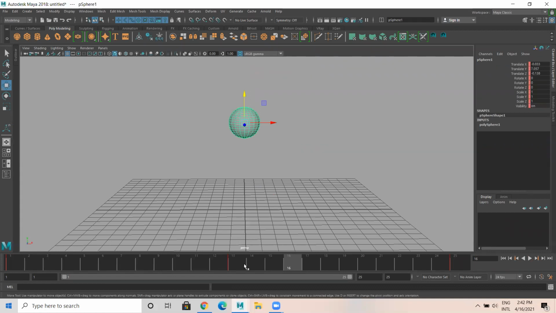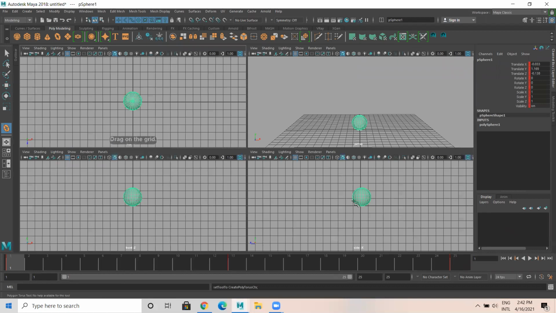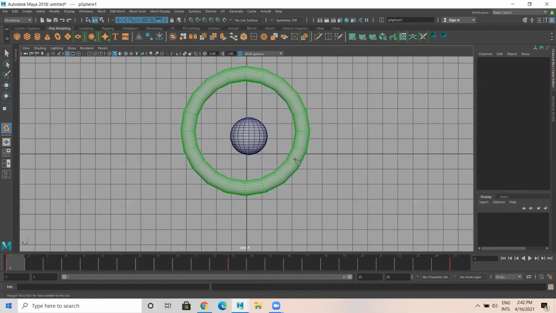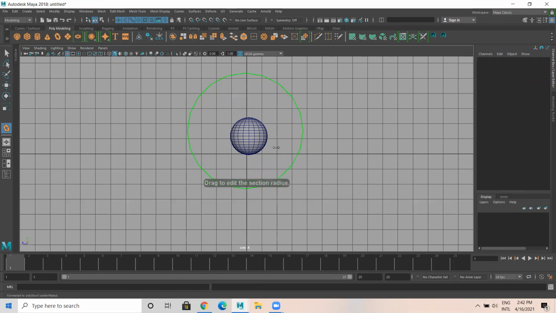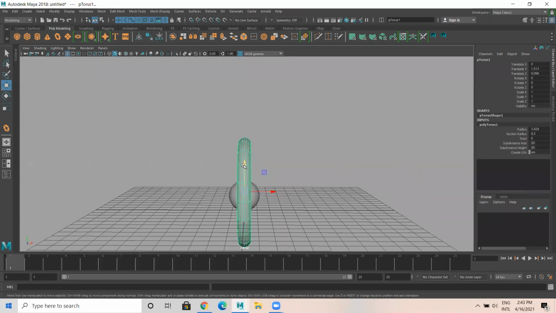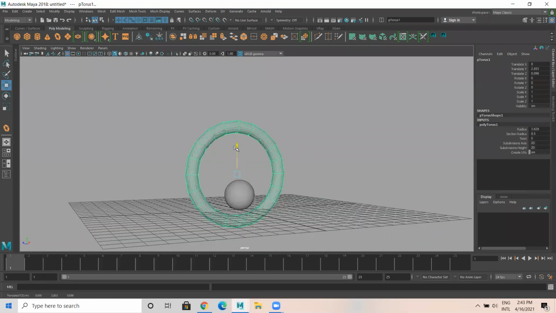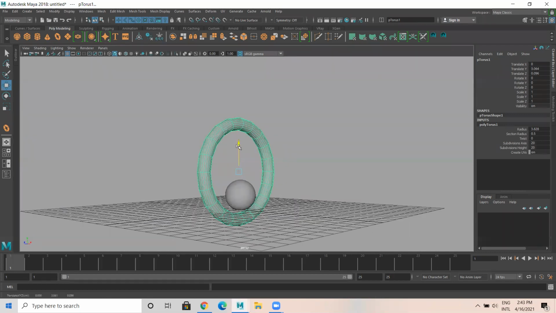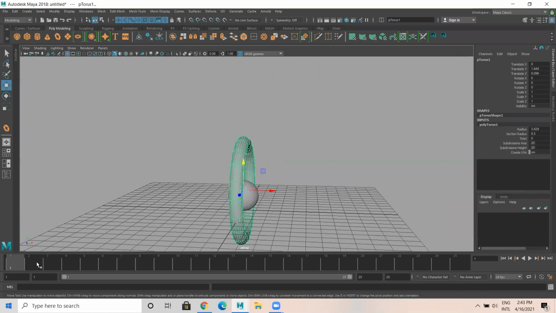So now another thing I can do. For example, I just create this one here. In frame number 1, I'm going to key this, and at frame 25, I'm going to key this.